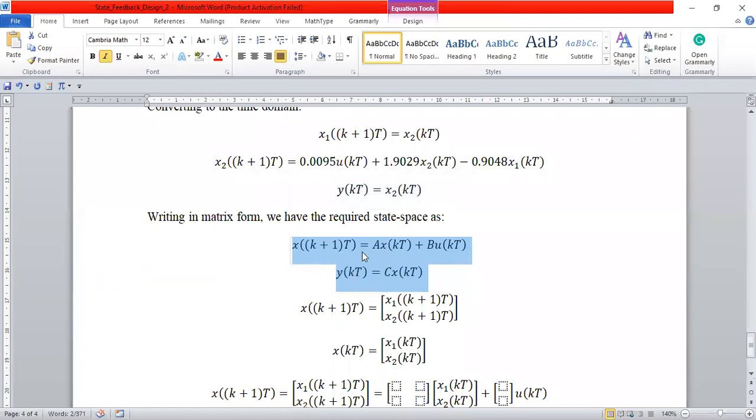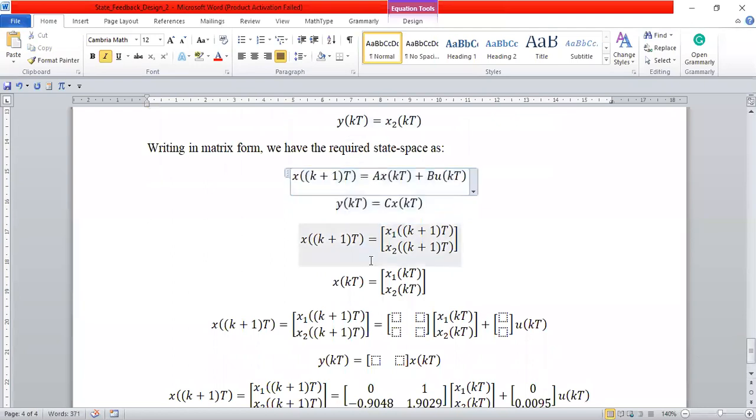Okay, so we'll convert into the time domain, which is given by this. Then after converting it into the discrete time domain, we just represent it in state space form. So this is the shortened form in state space form. Then the expanded form is given by